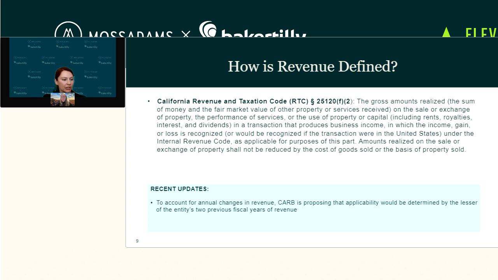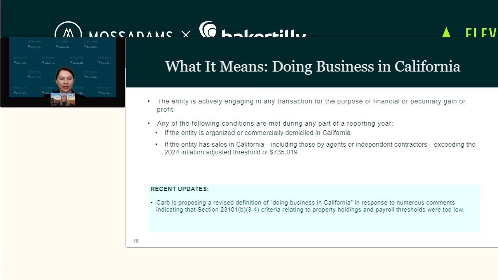And with that, we're going to jump into our next key definition that we get asked about quite frequently. This slide here includes CARB's definition of what doing business in California means based on past workshops. Within that light blue box at the bottom of the slide, you'll note that CARB is proposing a revised definition of doing business in California in response, I would say, to numerous public comments indicating that sections of the previous guidance criteria relating to property holdings as well as payroll thresholds